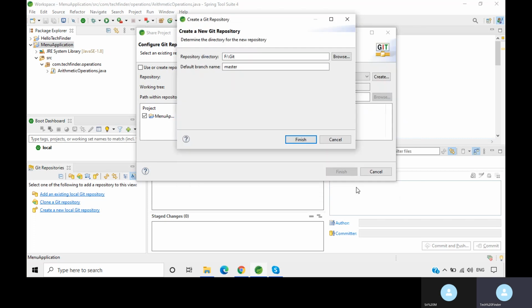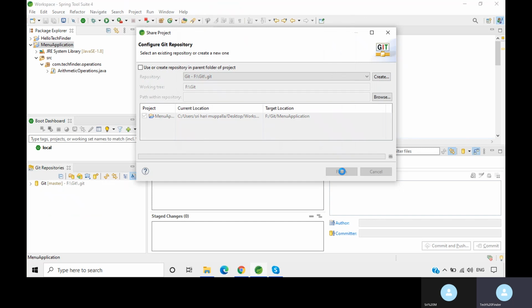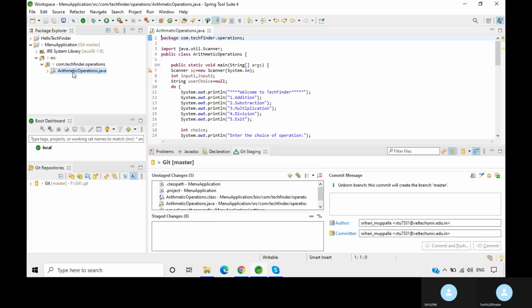Select that folder and finish. Now see here in the below we got git master is the repository, local repository selected to push the code.